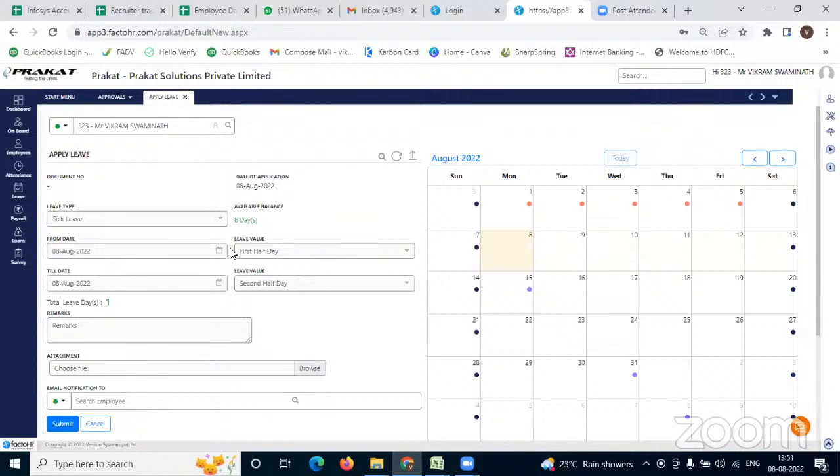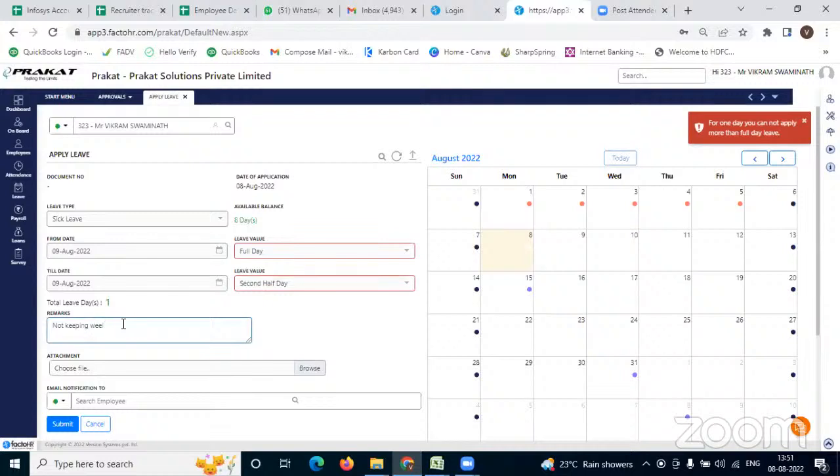So this is all about your leaves and sick leave. So I just go ahead and say I'm applying for a leave tomorrow. I just choose whether it's a half day or a full day or 3/4. So 3/4 we are not following right now. So it's either going to be half or full day. I just click on full day and say on the 9th I am off. I say second half, yes, even second half I'm off. I can say here